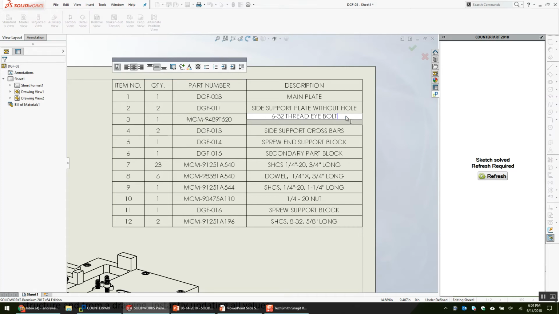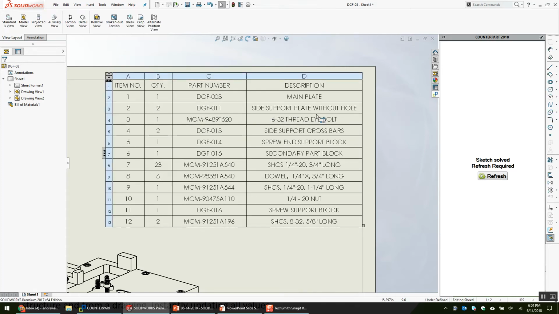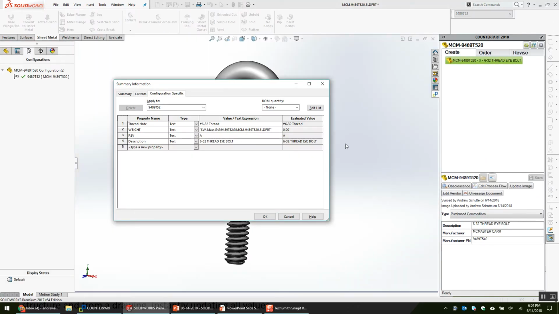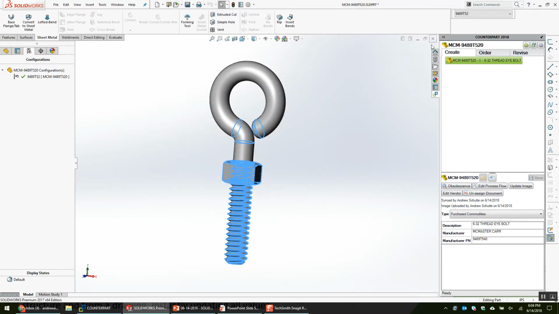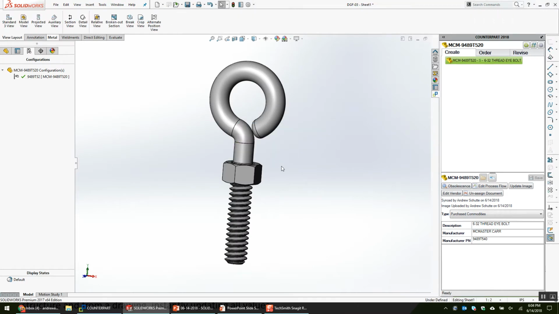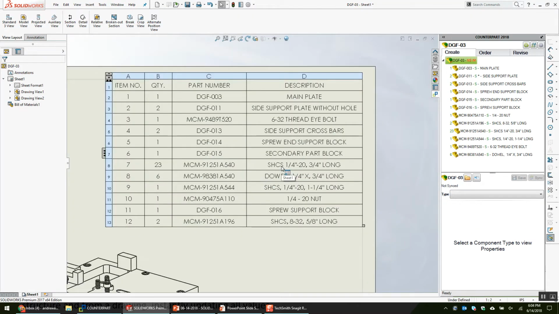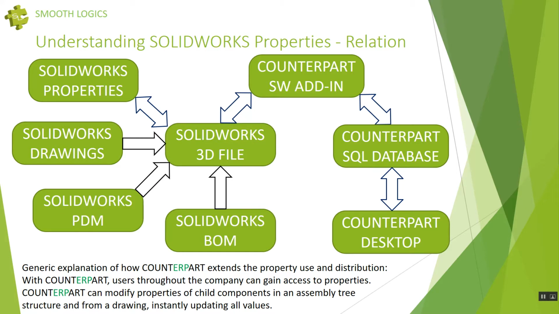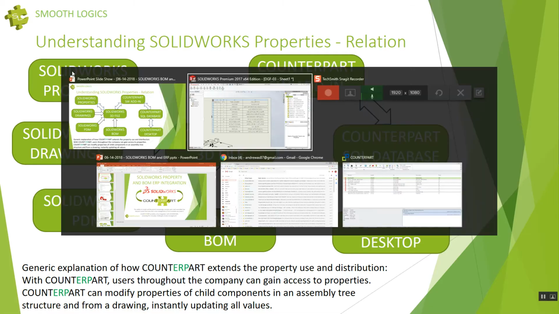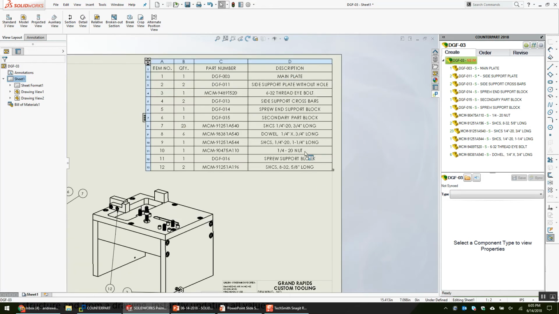So now if I take off part and click the green check, if I go open up that part and look at its properties again, the name part has disappeared. It's back to the original description. So everything in SOLIDWORKS is parametrically linked. It's all in the background code, right? We've got arrows and stuff pointing all over the place. And the BOM looks at the 3D model, and if you change it, keeping it linked, the 3D model will update the property and vice versa. So all of that is interlinked. In Counterpart,